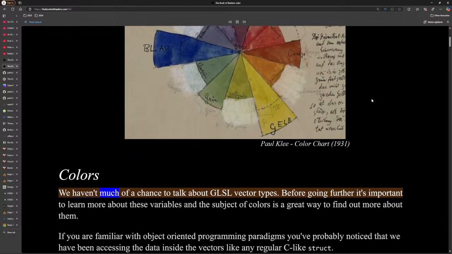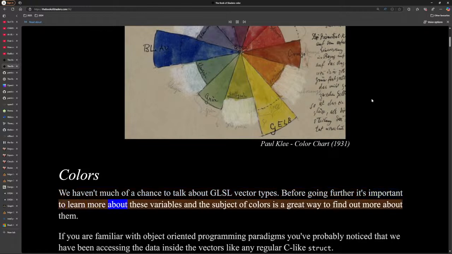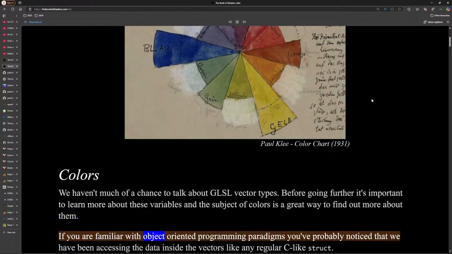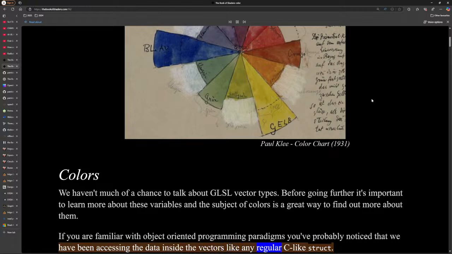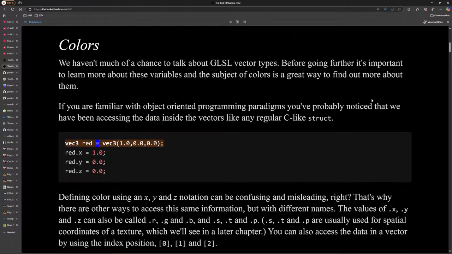Colors. We haven't had much of a chance to talk about GLSL vector types. Before going further, it's important to learn more about these variables, and the subject of colors is a great way to find out more about them. If you are familiar with object-oriented programming paradigms, you've probably noticed that we have been accessing the data inside the vectors like any regular C-like struct. vec3 red = vec3(1.0, 0.0, 0.0); red.x = 1.0; red.y = 0.0; red.z = 0.0;